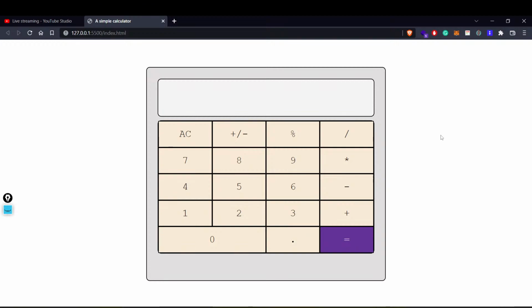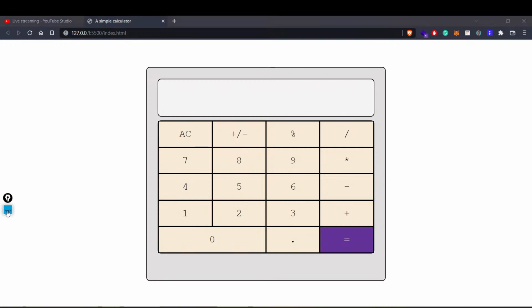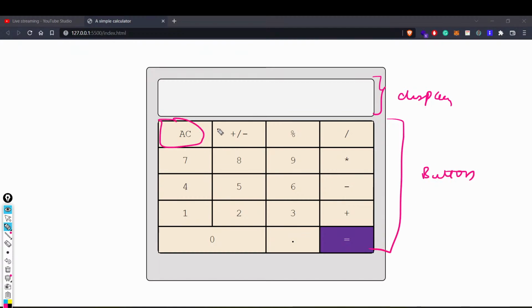Just a minute. Let me take out my pen and let me clear things over here now. Yeah, this is our display area, right? And this is your button area. So in button area, what I've done is I've added these simple divisions, this is a division, this is a division, this is a division. All these things are a division in themselves. And all these things I have written just like this.